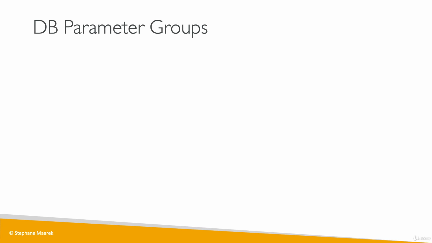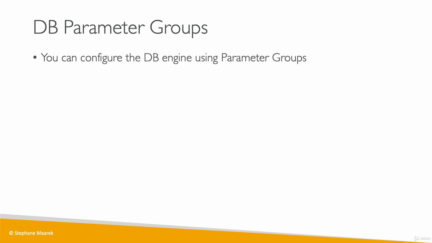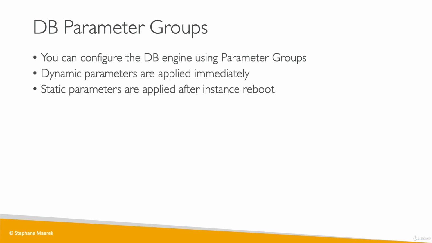Just a very short lecture on parameter groups. So I talked about them, but basically you can configure your entire DB engine, as we'll see, using parameter groups. And if it's a dynamic parameter, it can be applied immediately, but if it's a static parameter, then it will only be applied after you reboot your instance, so that when the instance reboots, basically, it just picks up these